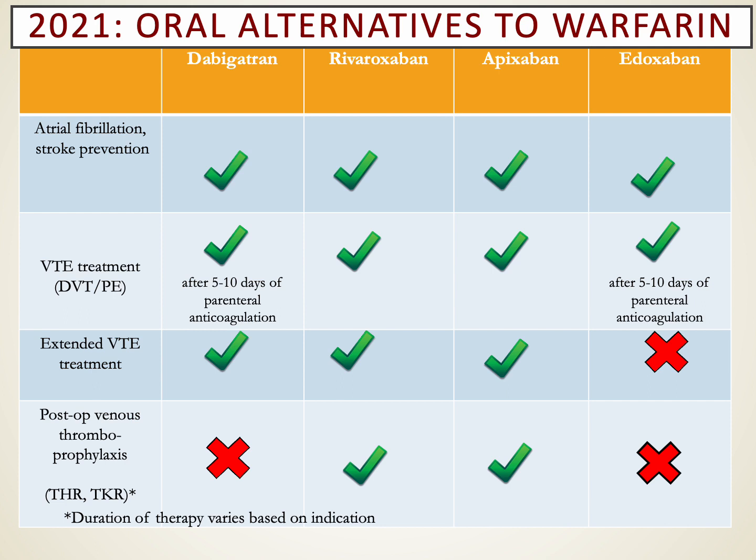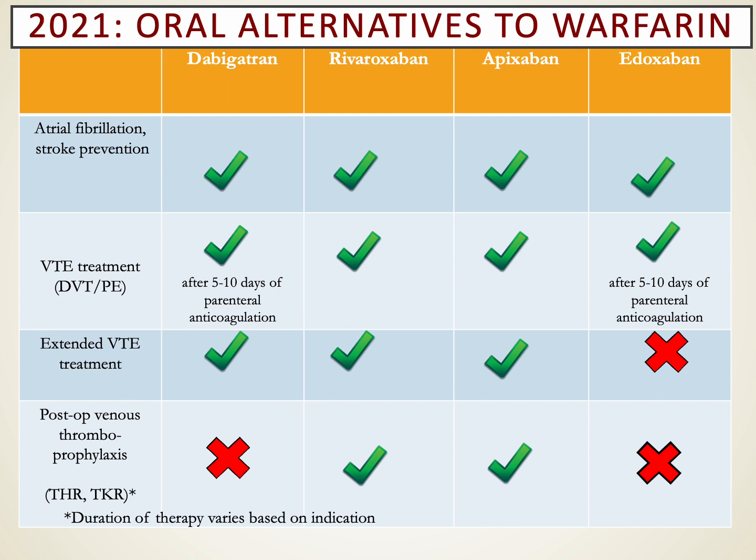And edoxaban has a potential role maybe in the future, but hasn't really gotten the market share that rivaroxaban or apixaban have. So for atrial fibrillation and stroke prevention, for folks who don't have a mechanical valve, these are routinely used in place of warfarin. And as long as insurance covers it, we'll see most patients in this day and age likely on rivaroxaban or